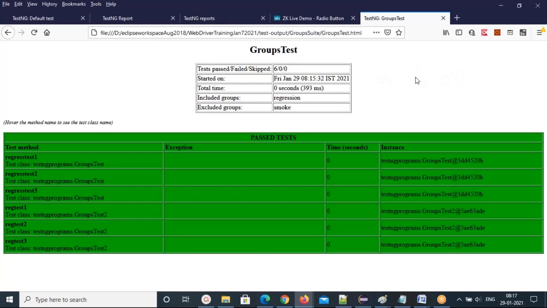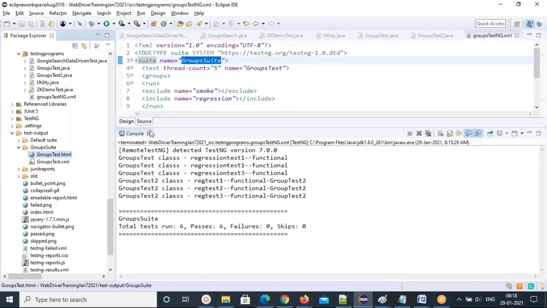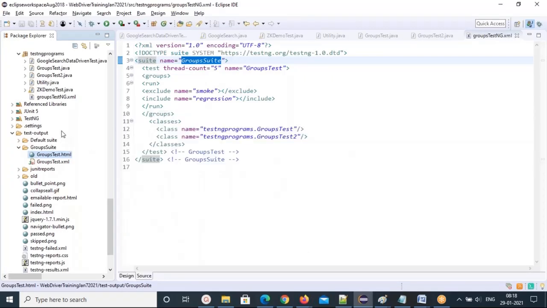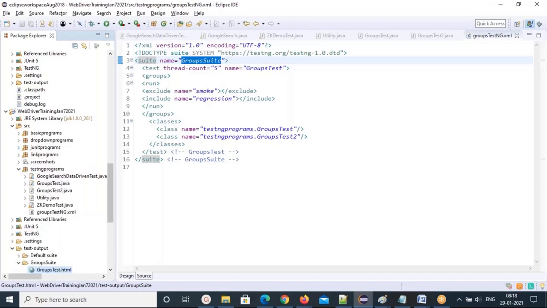So with the suite name, the folder will be generated. That's an independent report you want. You have to create each suite file, so then the report will be different for each suite file. Okay, so that's how to use groups. Any questions? Groups also done. All the keywords I am done. Only one left, but still more test cases are there. Don't worry. And the next one we have to use is